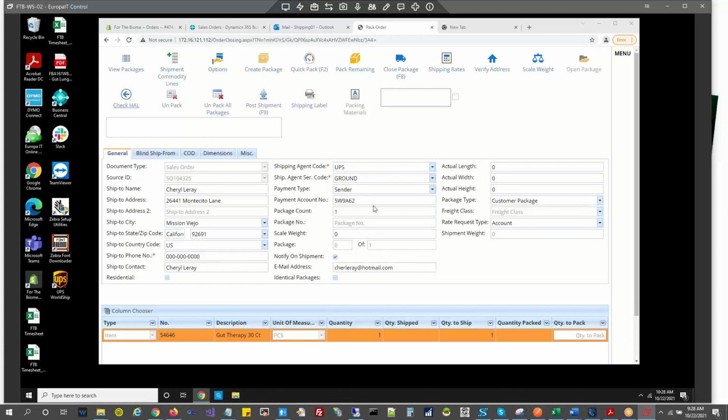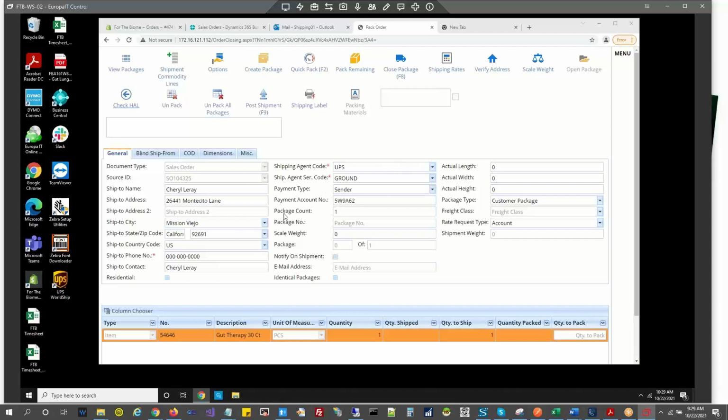As I'm going to show you multiple options with different features, for now I'm disabling this notify on shipment feature, because whenever we close this package, it immediately sends an email notification to the customer. We could get the item ready and do it for real if you want, or you can show us. Either is fine.